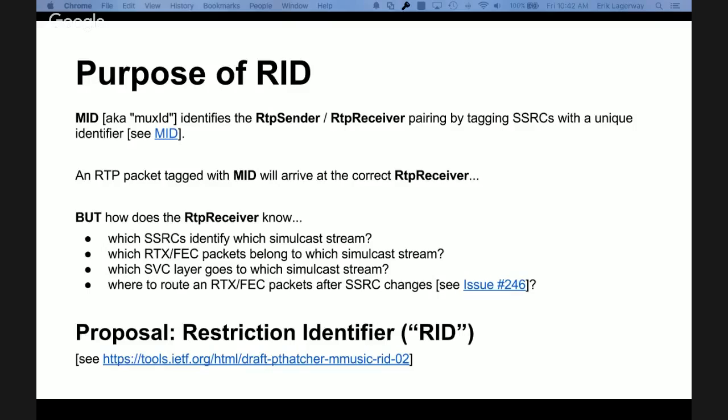When you have SVC layers on top of each other and they're on different SSRCs, which can happen with some codecs, although I don't know if we necessarily want to support that, there can be ambiguity. During changes between SSRCs, like if you're receiving from some kind of SFU box and it's changing the sender, you can have ambiguity when packets arrive about where they go.